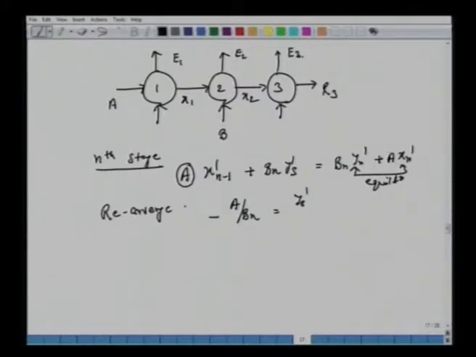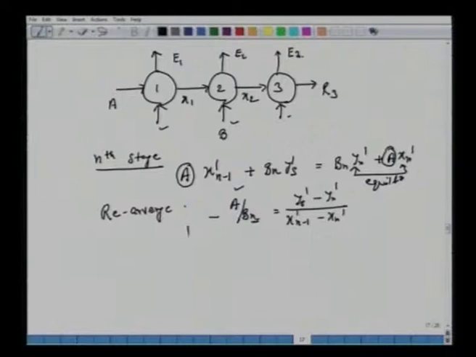Notice that A remains the same because A and B are insoluble, and the amount of solvent could be different in different stages. So we have this Bn. So A over Bn, the ratio of the amount of feed to the amount of solvent, can be rearranged to write y at s dash prime minus yn dash over x dash n minus 1 minus xn.